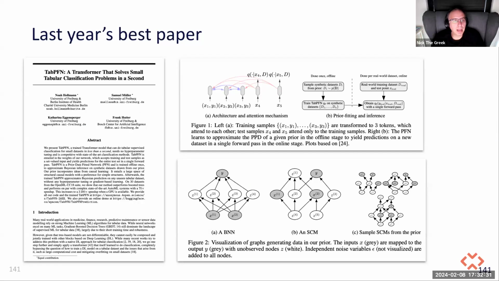So this is last year's best paper: TabPFN, a transformer that solves small tabular classification problems in a second, which inspired a lot of derivative papers. The idea was: let's create as many graphical models as we can, create a lot of data from them for predictive or classification tasks, and then pre-train a language